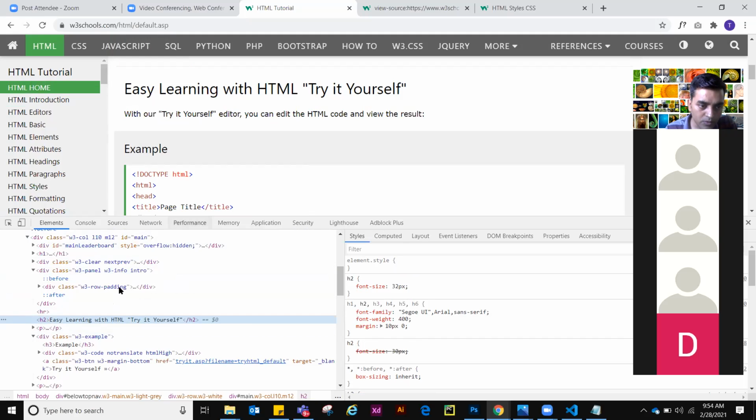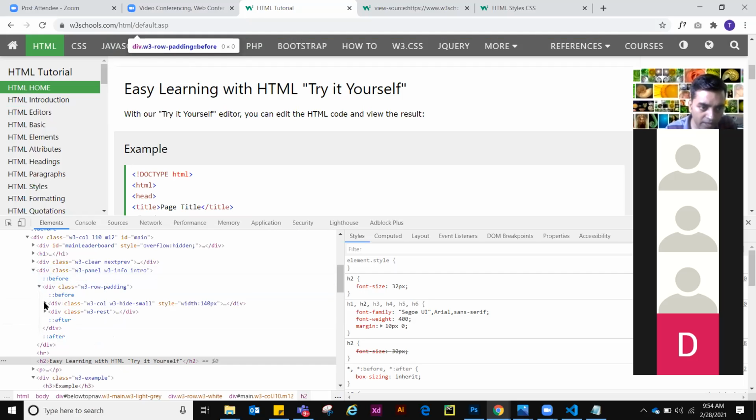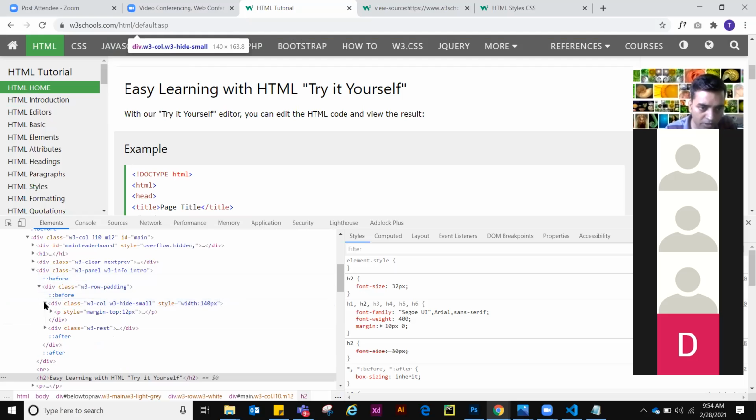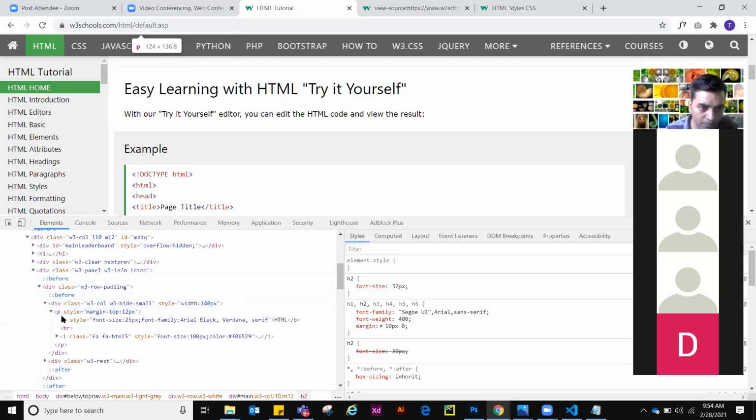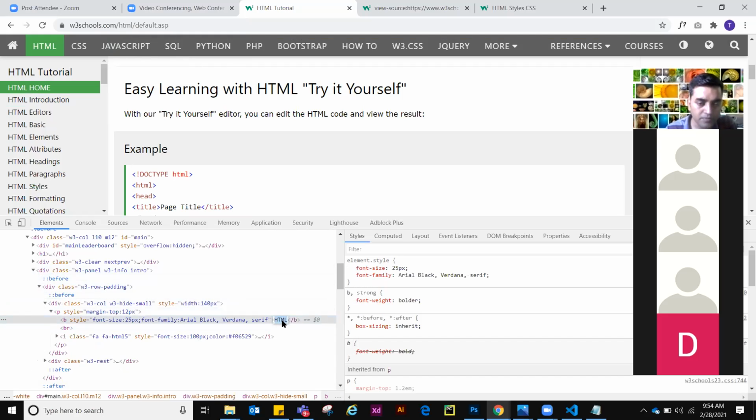Inspect. So yes, see, this is the div, right? Inside this div, we have this code, W3 row padding. So inside this div, go like this, and you can hold the exact element, right? And you can change it.